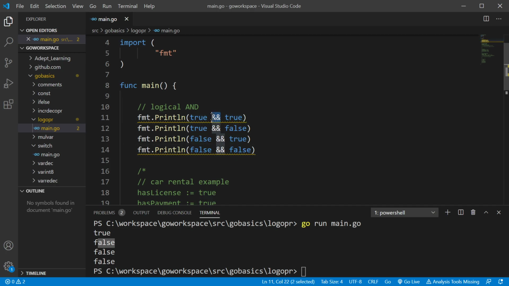Now, the AND operator will return true if both the left operand is true and the right operand is true. But if either of them are false, it's going to return false. So on the first one, it checks the left operand, it's true. Checks the right operand, it's true. So it returns true. On the next one, the left operand is true, but the second one is false, it